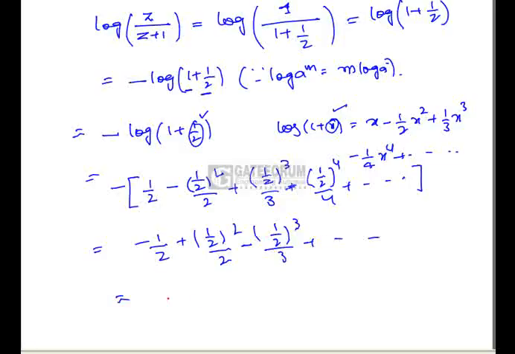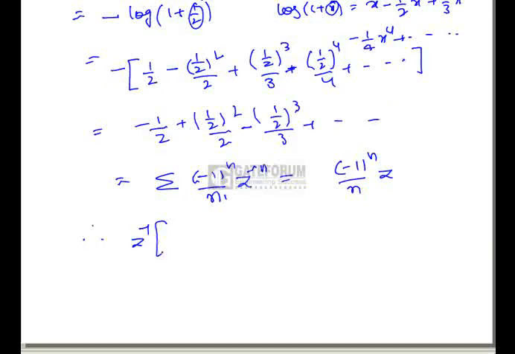This can be written as summation of minus 1 power n by n into z power minus n, which can be written as minus 1 power n by n if we remove the z transform. Therefore, z inverse of logarithm of z by z plus 1